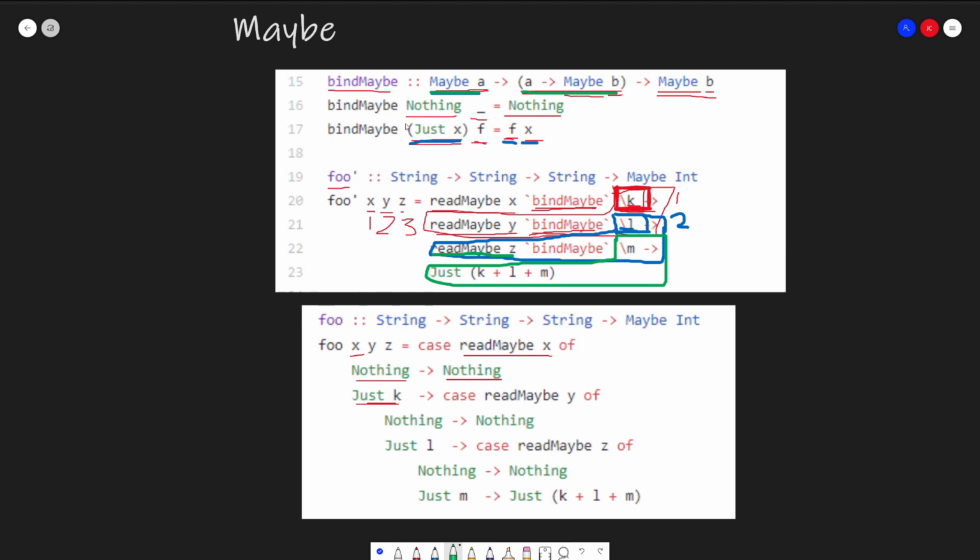And once again, maybe 3 is not nothing, so we don't return nothing. It has a value 3. So we have this anonymous function called f, and so we just pass f our 3 value, which is represented by this m, so m is 3. And then finally, going through all of this, we can finally return this anonymous function, which all it does is return a just value of k plus l plus m, which then will give us 6,